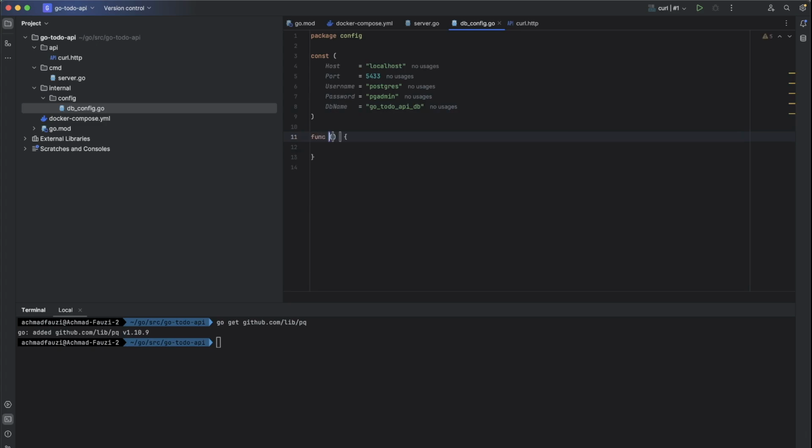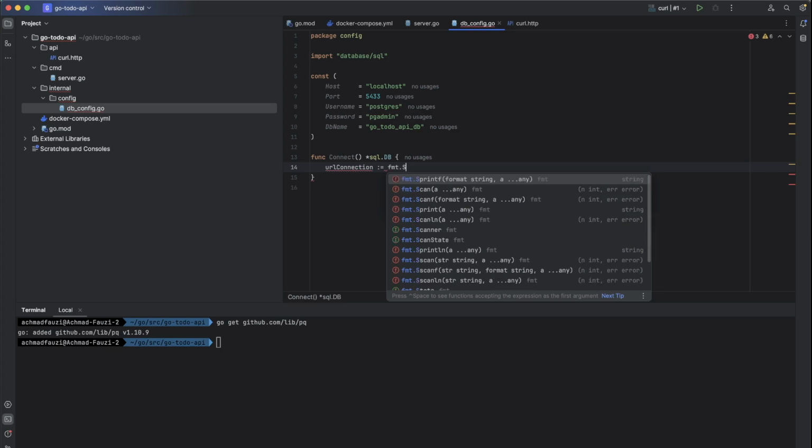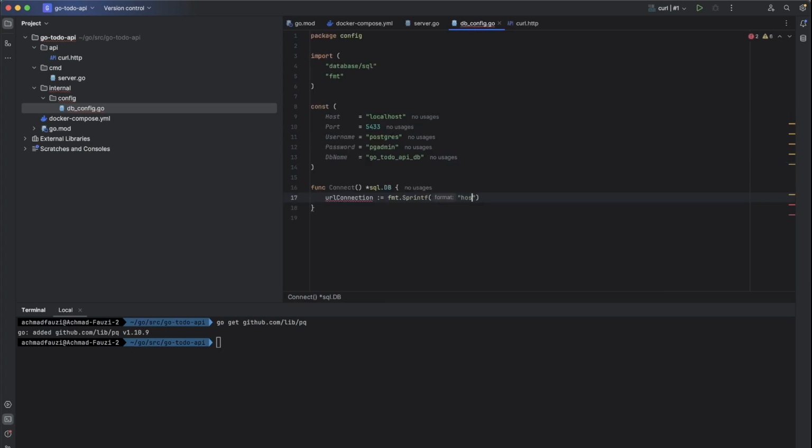Now we are going to create the connect method, which is returning a pointer to sql.DB. URL connection equals to fmt.Sprintf. Host is variable string. Port is equals to variable integer. User equals to string.